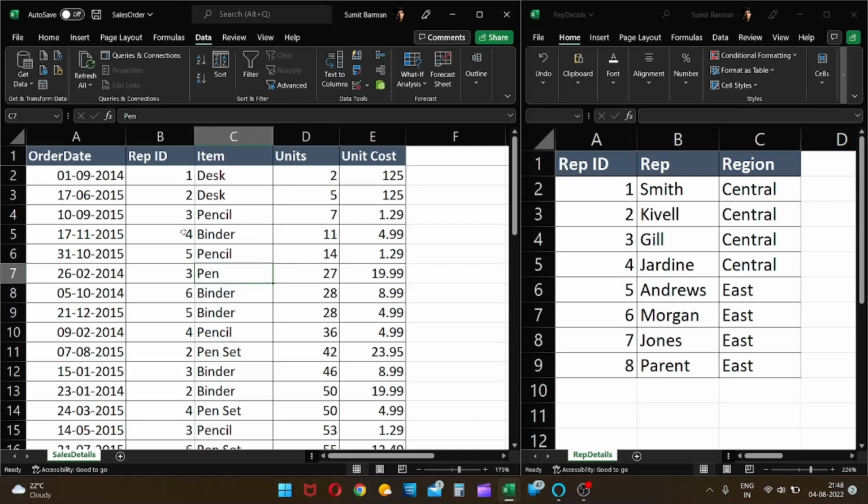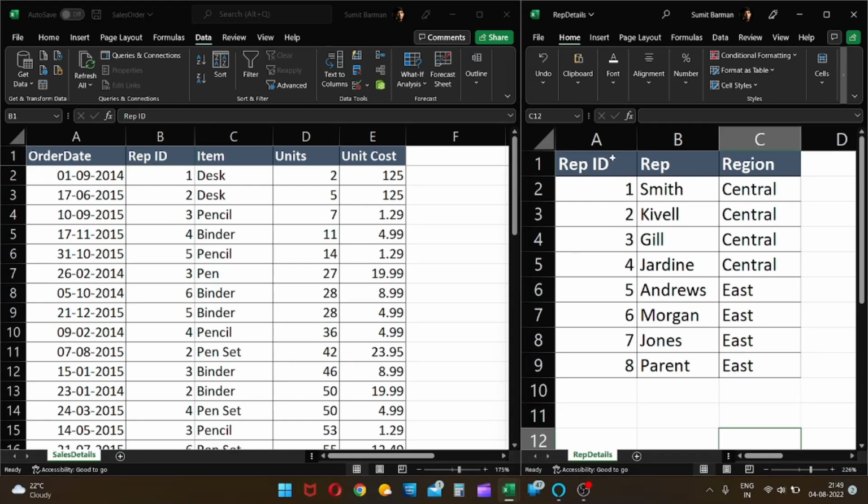Before moving ahead, let me give you a quick glance at the tables that we are working on. So there are two tables. Table number one is sales details, and the other one is rep details. In table one, we have the day-to-day sales data by different representatives, or sales executives, whatever you say. In this sales details table, we've assigned a column called rep ID. Now please note that this rep ID actually refers to the rep ID here. In other words, we can say that the rep ID in this table